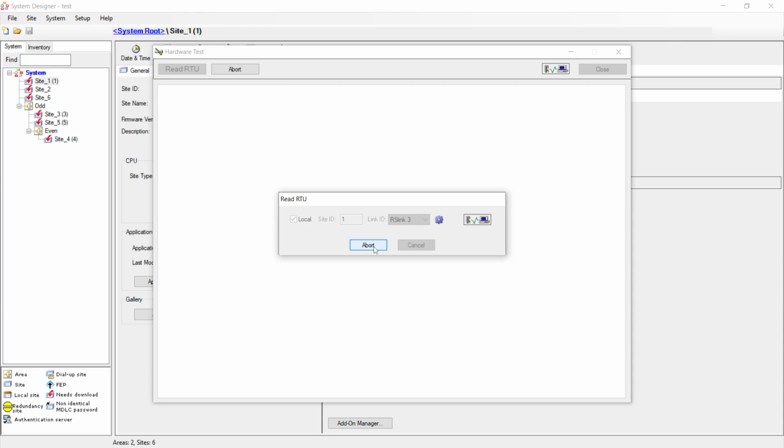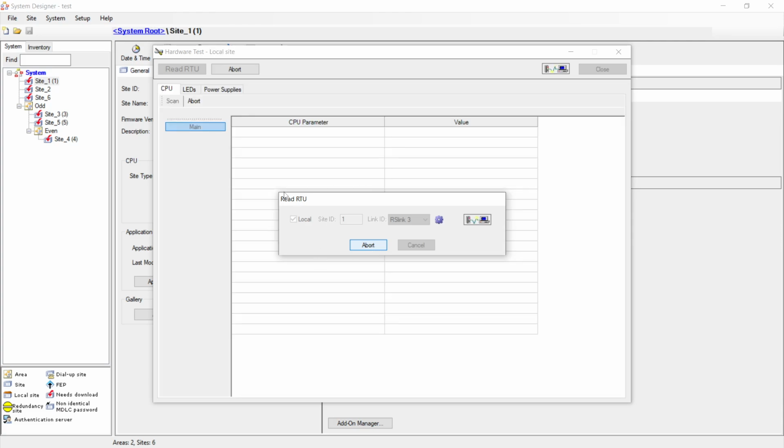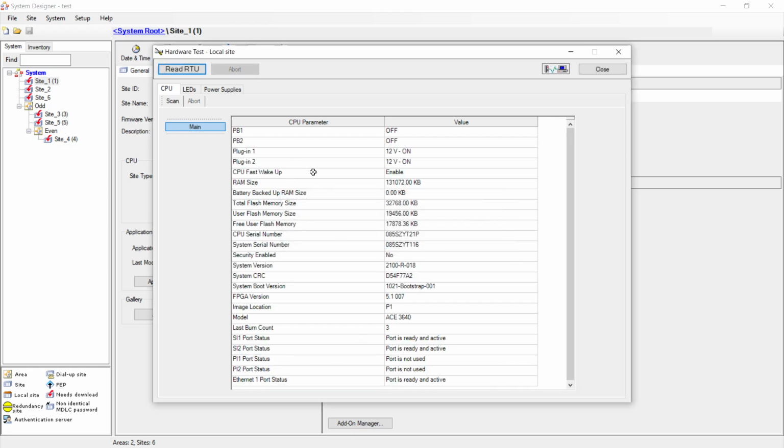Select read. So it's actually reading the RTU, and it gives us what state the CPU is in. There are our CPU parameters here. So the state, push button 1, push button 2 on the front of the CPU, plug-in 1, plug-in 2, 12 volt on. RAM size, battery-backed-up RAM size, available memories. What else have we got? If it's security enabled,